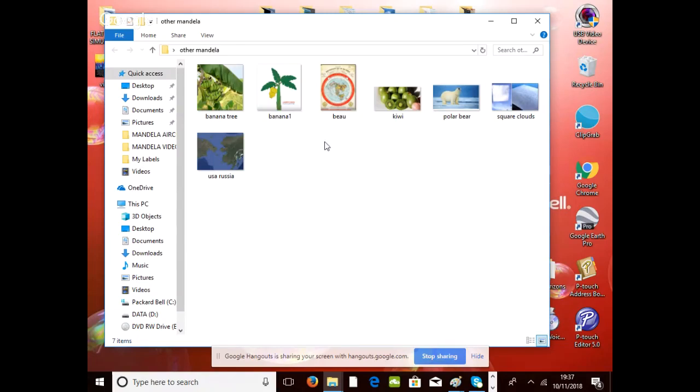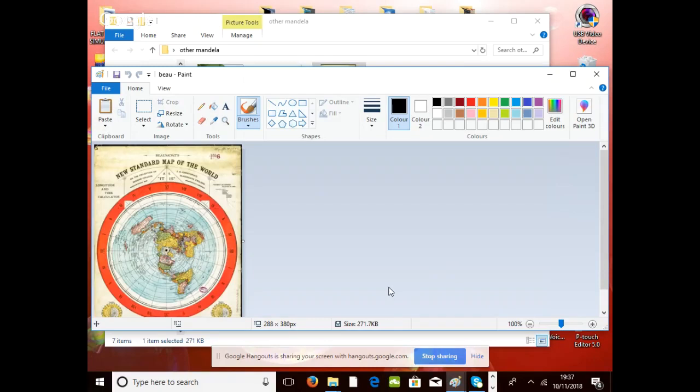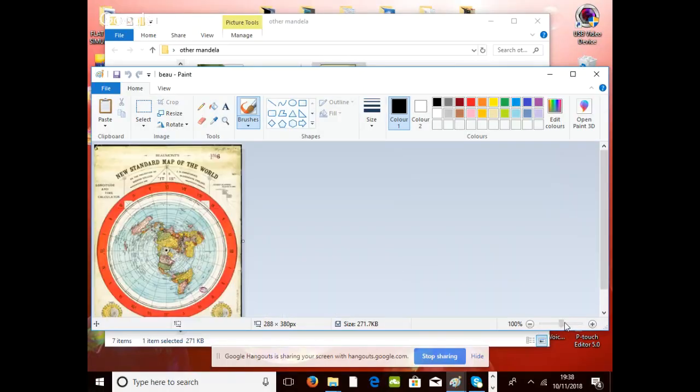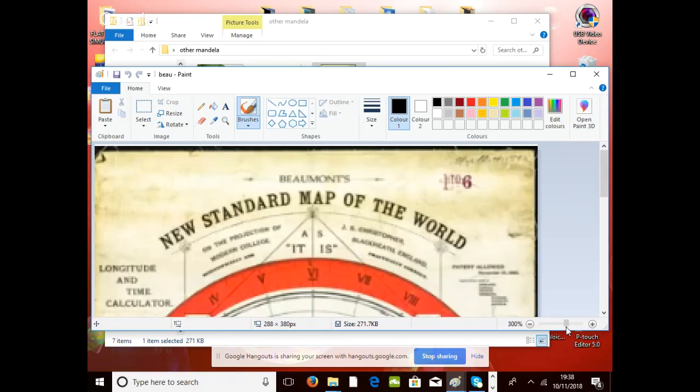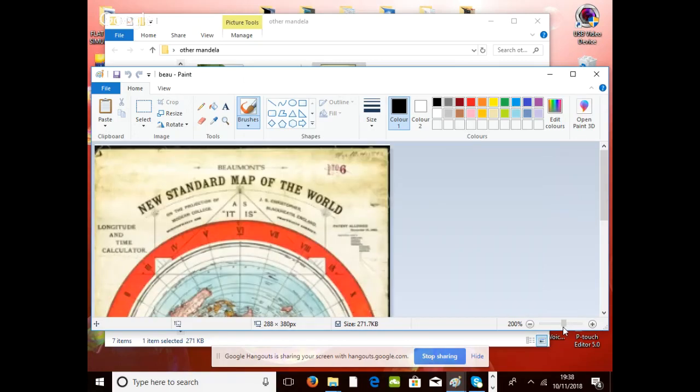Okay, so what about this one? I was looking at this the other day, and if you look at this map of the world, the Gleason's map of the world became the Beaumont's map of the world. Can you make that bigger? You did show me that, and I was mystified how it suddenly became Beaumont's. Yeah, there it is. Go to full screen on your share. It gets a bit blurred, but it's okay. It's easier to see Beaumont's at the top.